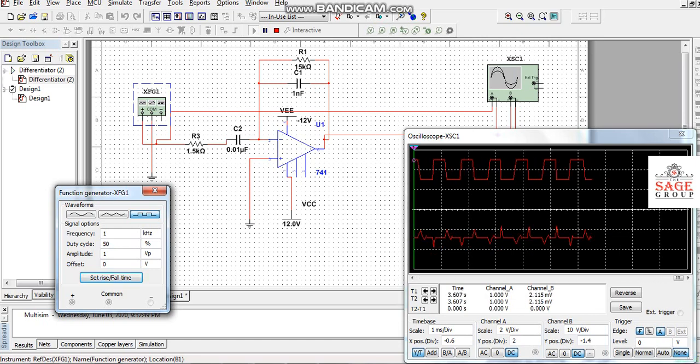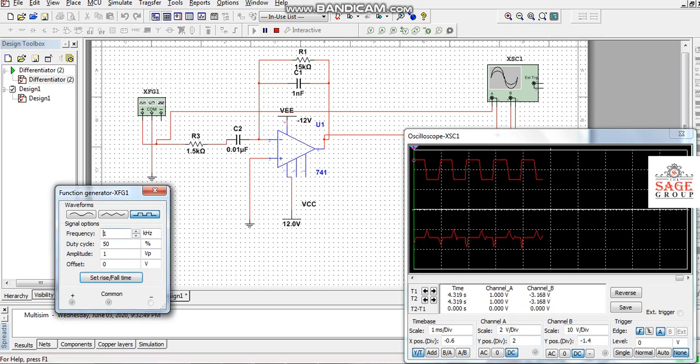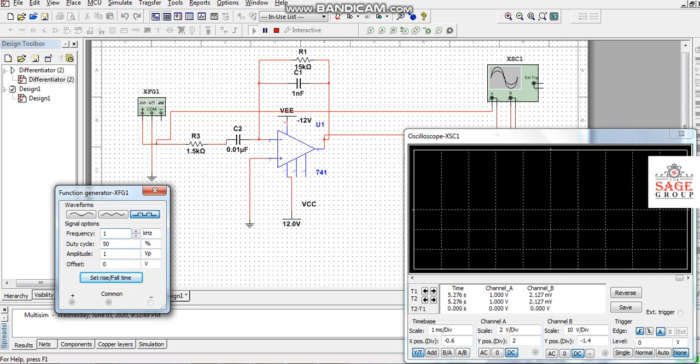See here, this square waveform has a frequency of 1 kilohertz. We can change the value as per our requirement. Duty cycle we can change, amplitude we can change. In this particular example, we have taken a frequency of 1 kilohertz, duty cycle 50%, and amplitude 1 volt peak to peak.